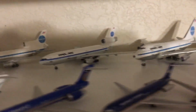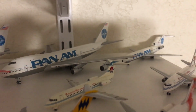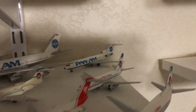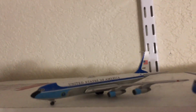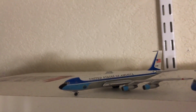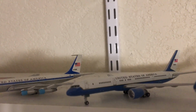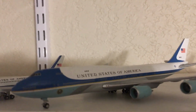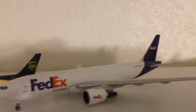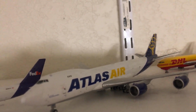Then in the middle row, let's see, let's go to here. New York Air DC-9 Phoenix, America West Fokker 28 Gemini jets, and America West 732 Aero Classics. Alright, top row guys. This is the replica of John F. Kennedy's, this is a replica of George Bush and Ronald Reagan's Air Force One Aero Classics, Air Force Two Gemini jets, the 748 Air Force One Gemini jets, UPS 763 Gemini jets, UPS 752 Gemini jets, FedEx 777 Gemini jets, FedEx 752 NG, Atlas Air 748 Gemini jets,